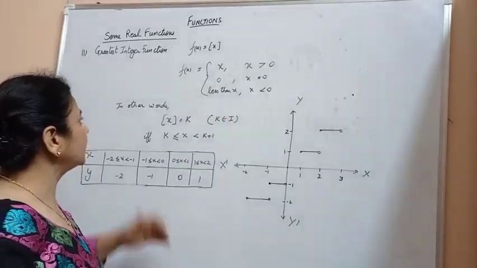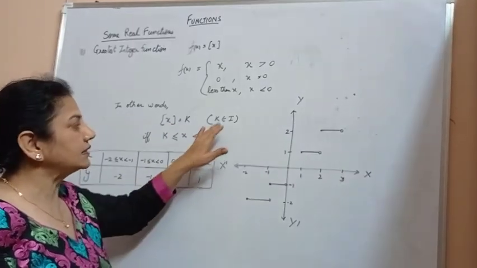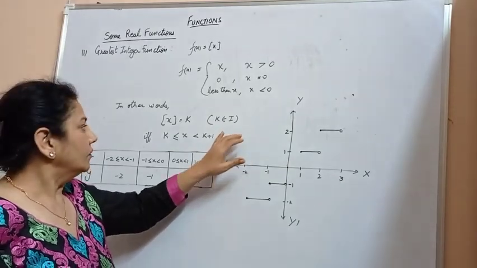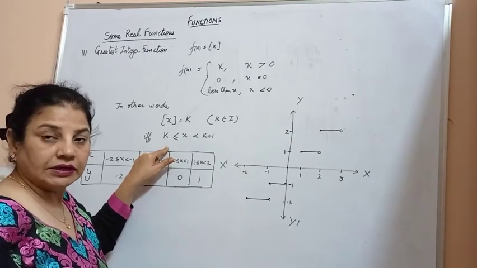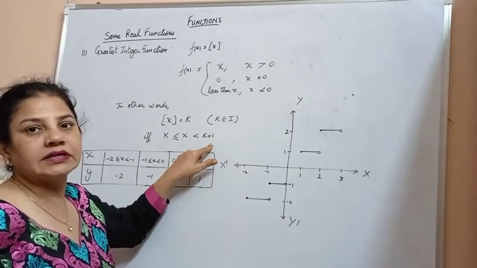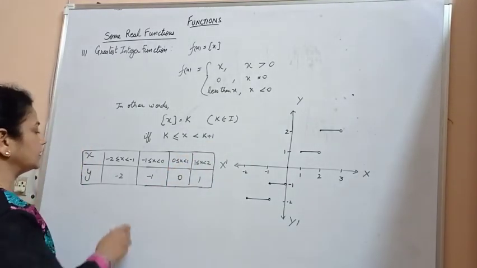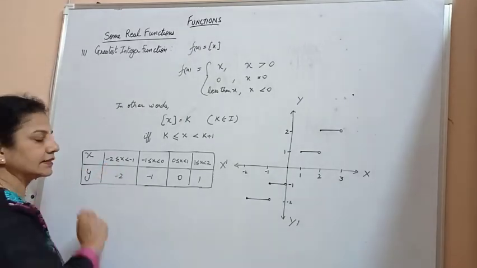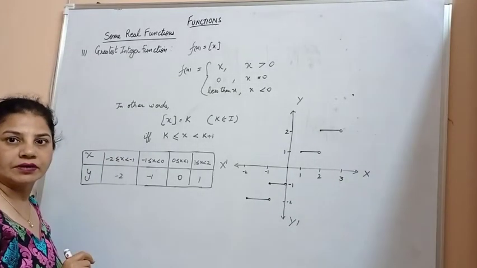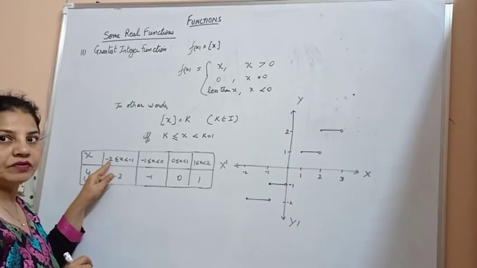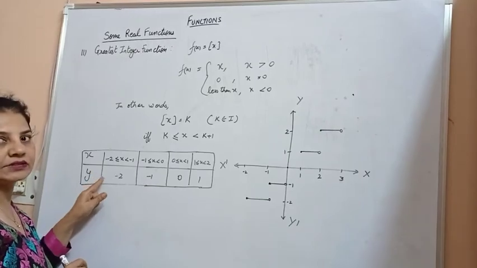In other words, say the greatest integer function be k, and this k belongs to the integers. We have k if and only if k is greater than or equal to the integer and strictly less than x plus 1. We take the point, say x is greater than or equal to -2 and x is less than -1. In this case, of -2 and -1, the smaller is -2. So we take x greater than or equal to -2, and we get the value of f(x) to be -2.